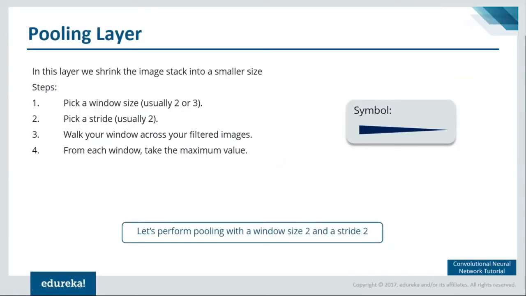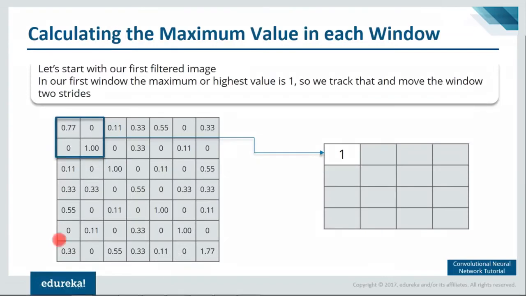In the pooling layer, we take a window size of 2 and move it across the entire matrix that we have got after passing through the ReLU layer. We take only the maximum value from there so that we can shrink the image. So what we are actually doing is reducing the size of our image. Let me explain with an example. This is one output that we have got after passing through the ReLU layer, and over here we have taken a window size of 2 cross 2.